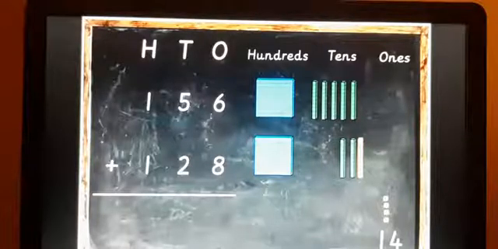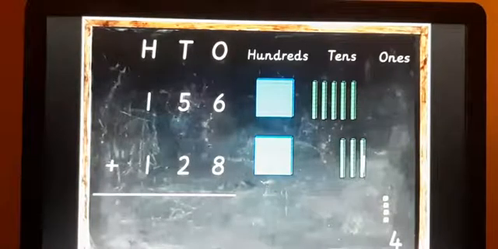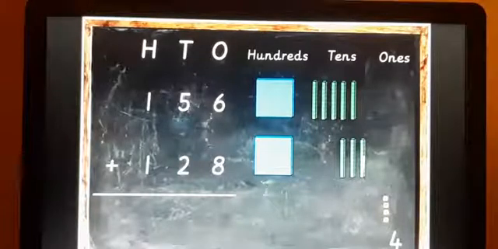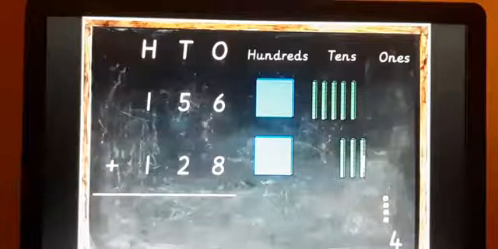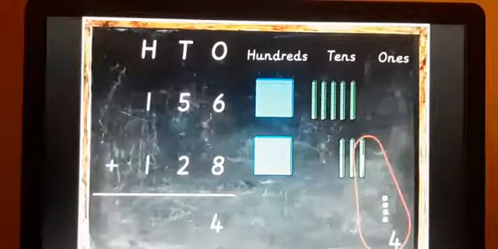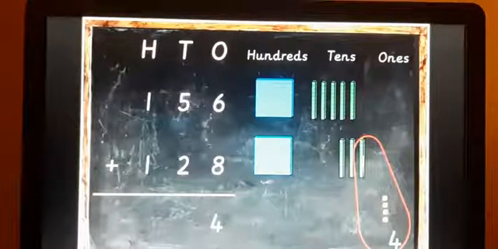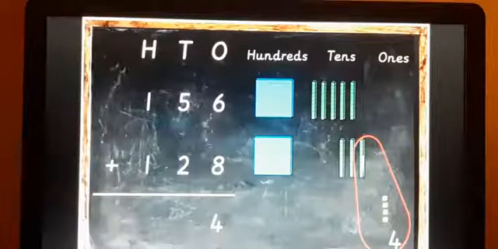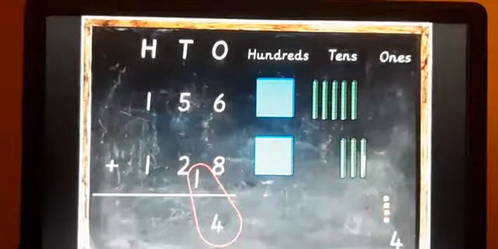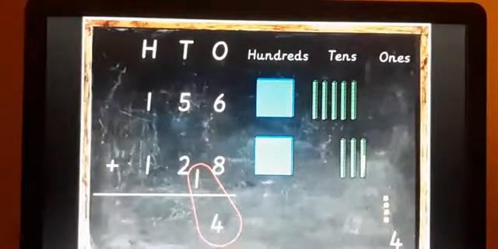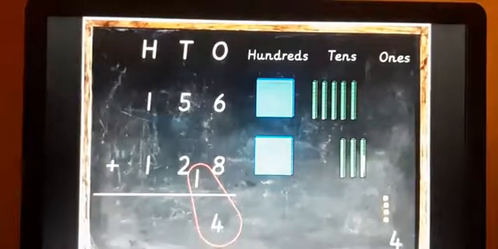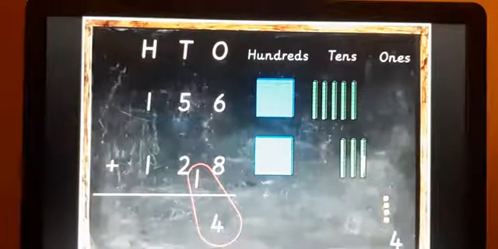Like that only you have to do it in the calculation. So it changed from yellow to green, the value of that one. The 10 value changed to the green color value because it shifted to the tens place as a carry one. You can see that was the value 14, circled there. So it shifted to the tens place: 10 went there, and 4 is left in the ones place. That is how it is written in the calculation part. 6 plus 8, 14. 4 in the ones place, 1 to the tens place.